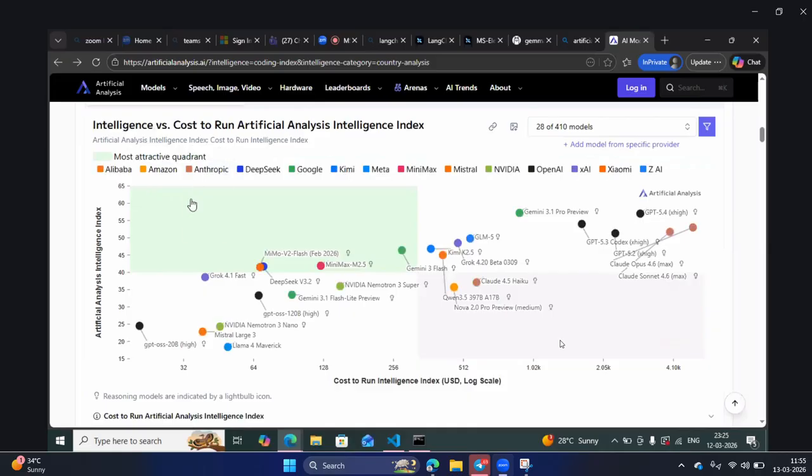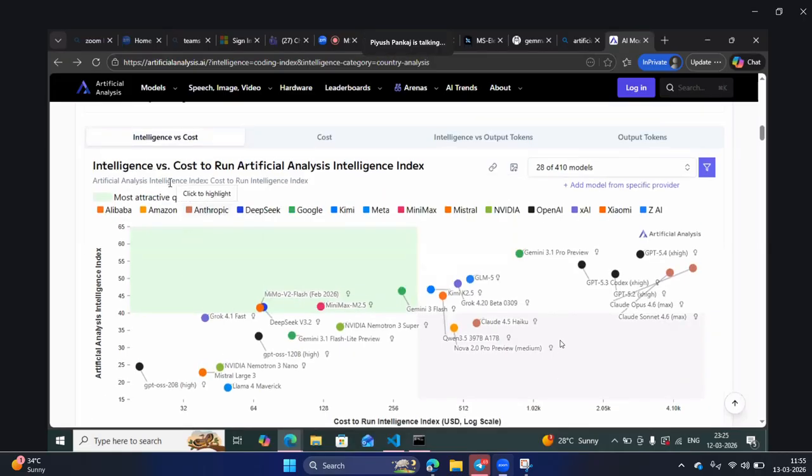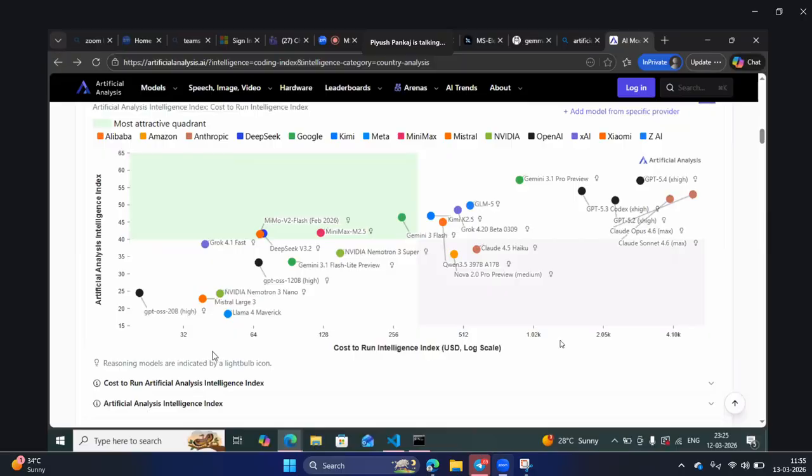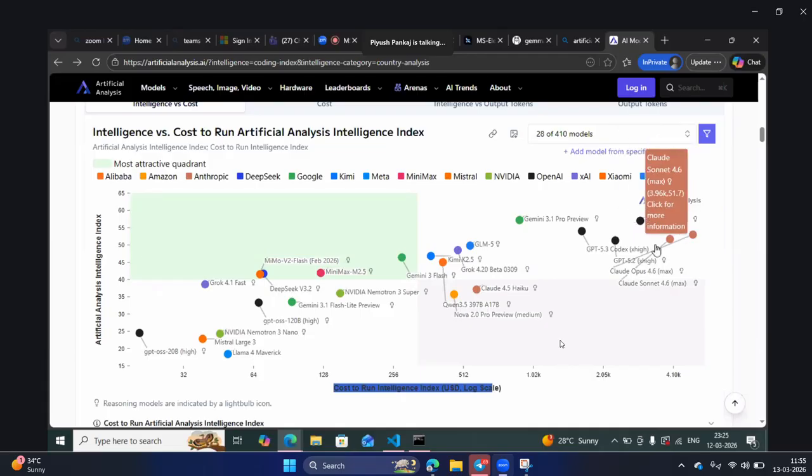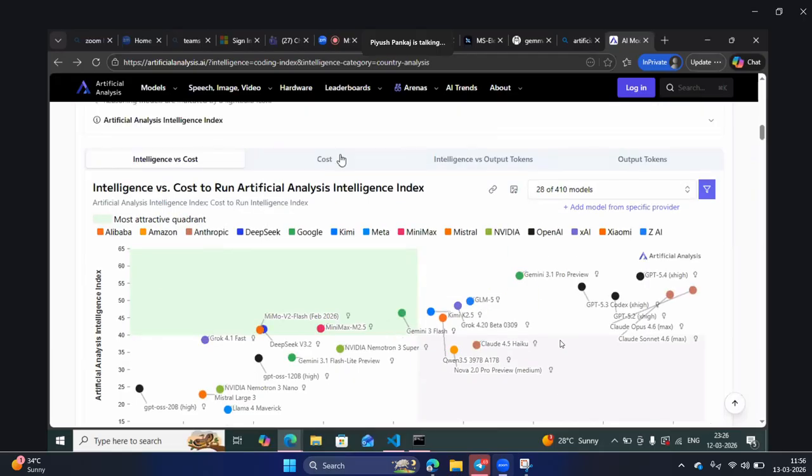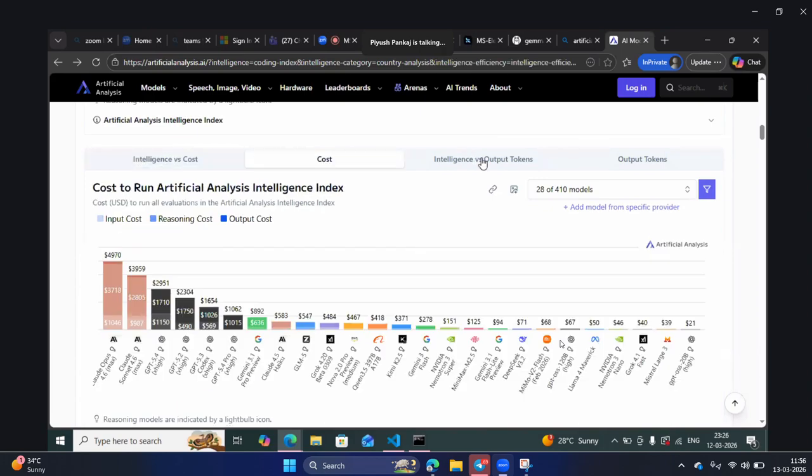Okay, now the main statistics: intelligence versus cost. Based on the cost, we can see Claude Opus is the most costly model over here. It is intelligent also, but here you can see Gemini 3.1 is also doing good, but the cost is less. So here also we can compare cost-wise intelligence versus